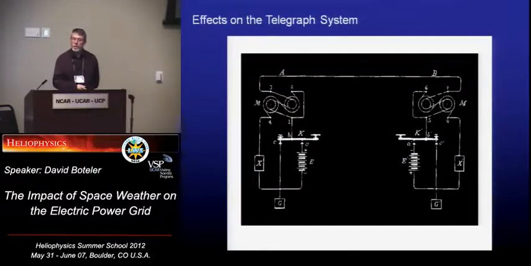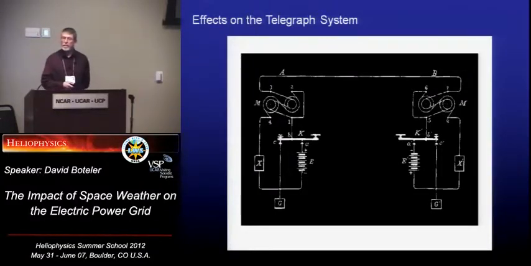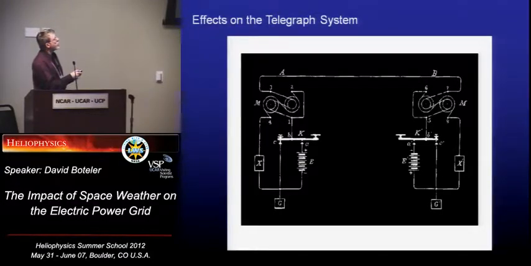Okay, so that's been widely distributed, that there were these problems, but the thing of interest from a physics point of view is, why do magnetic disturbances affect systems like the telegraph system? This is a diagram of how they would use Morse code. There's the Morse key, and the operator would press down on the key, and that would bring this battery into circuit. So it comes around here along the lines, and would then operate the device at the other end.